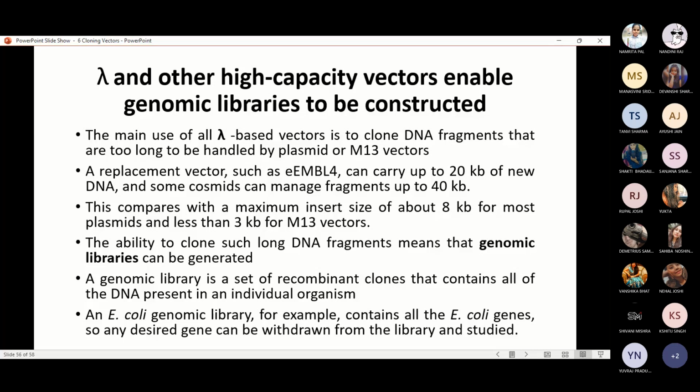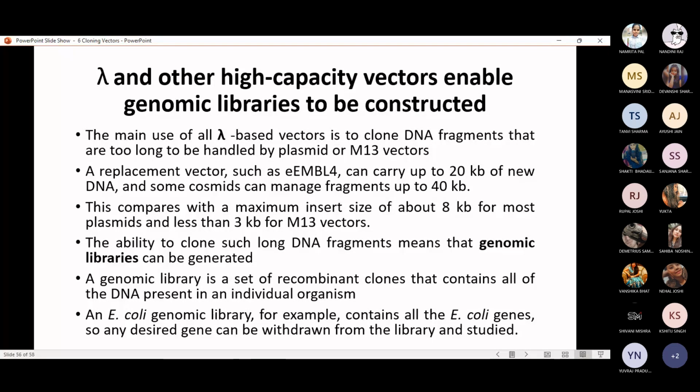If you talk about the genome of E. coli, a plasmid vector can clone a maximum size of around 10 kilobase pairs. If you talk about the plasmid vector pUC18, it has a size of around 2.4 kilobase pairs, so it can carry around 7.5 kilobase pairs of genome. If you divide 5000 kb by 7, it is going to be thousands of clones you need to represent the whole of your genome. So if a vector can carry a larger genome, then you can represent it with a smaller number of clones.